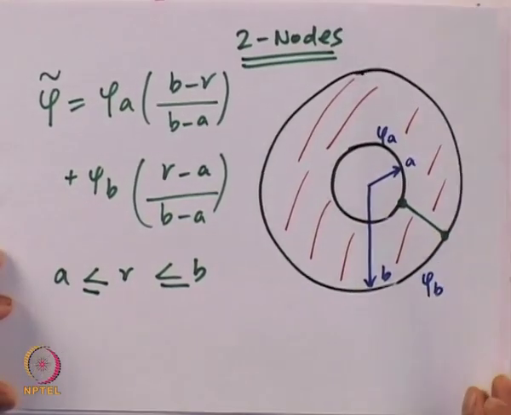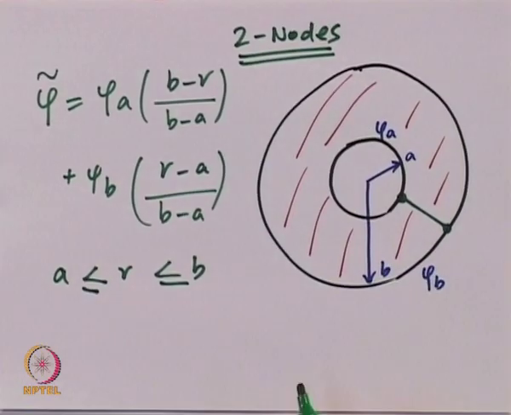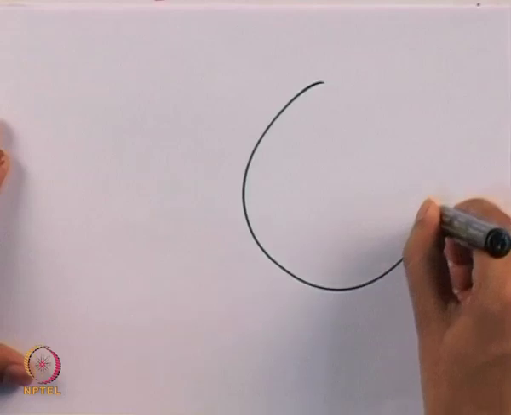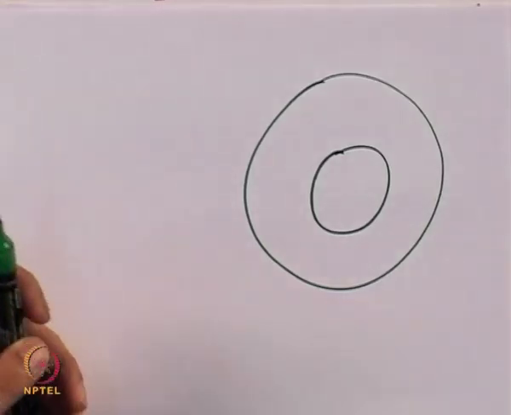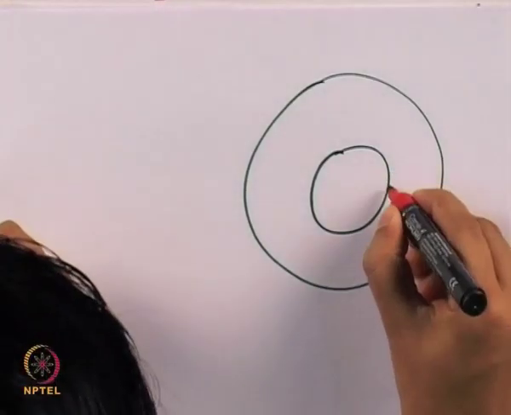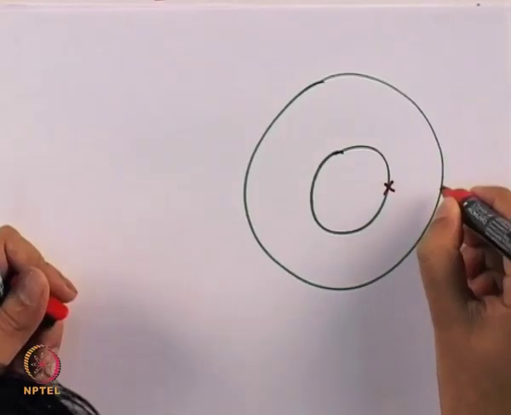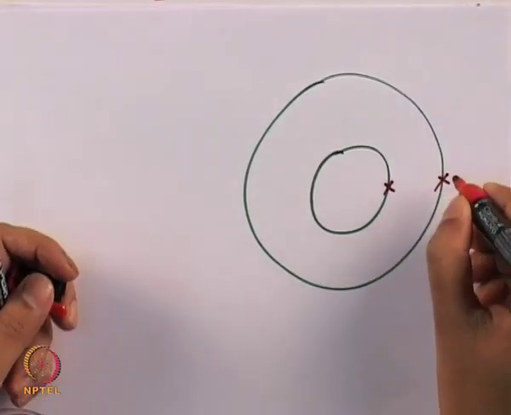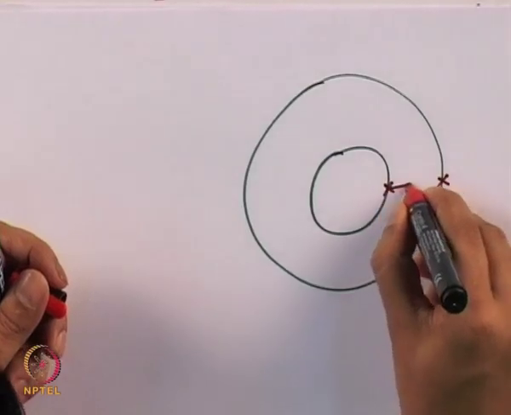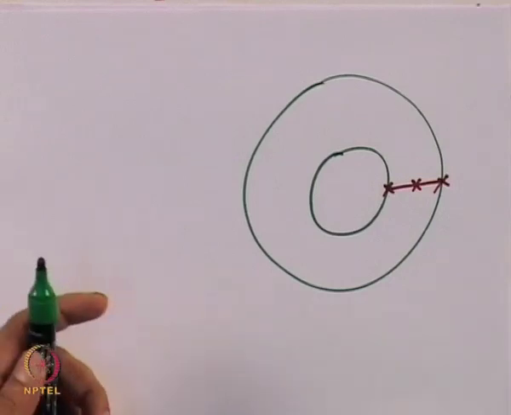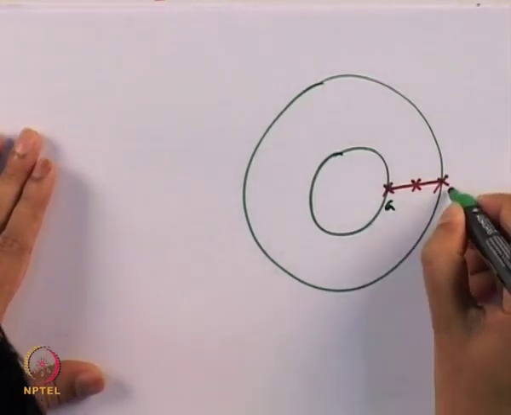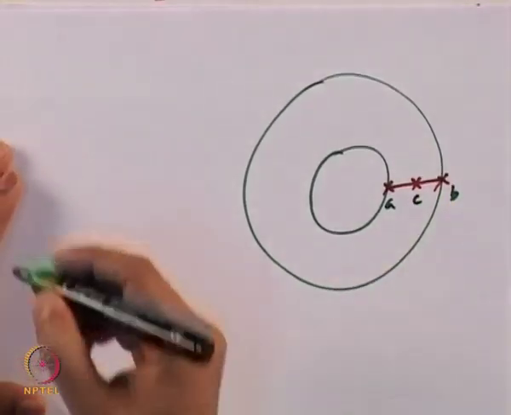If we extend this to, let us say, 3 nodes, I am going to describe that step by step. Again we will draw the geometry, the inner conductor, and now the 3 nodes are going to be positioned such that the first node is going to be on the inner conductor A, the second node is going to be on the outer conductor B, and the third node is going to be exactly in between A and B. So if this is A, this is B and this is C,